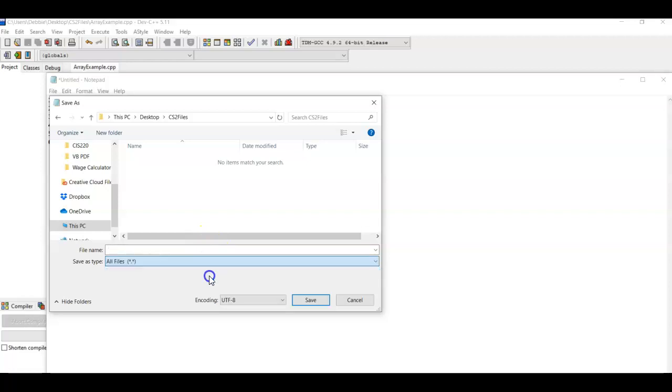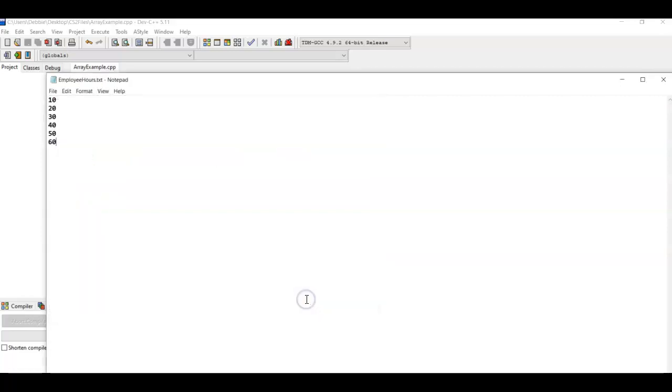Now, if I change this to all files, you'll see this is where my source code is, my array example.cpp. I'll change that back to text documents, and I'm going to call this file employee hours, and I'm just going to save it. It's going to put an extension of .txt out there,